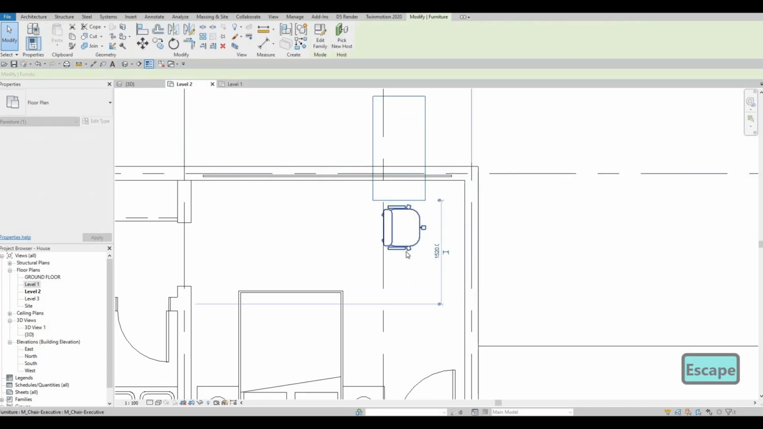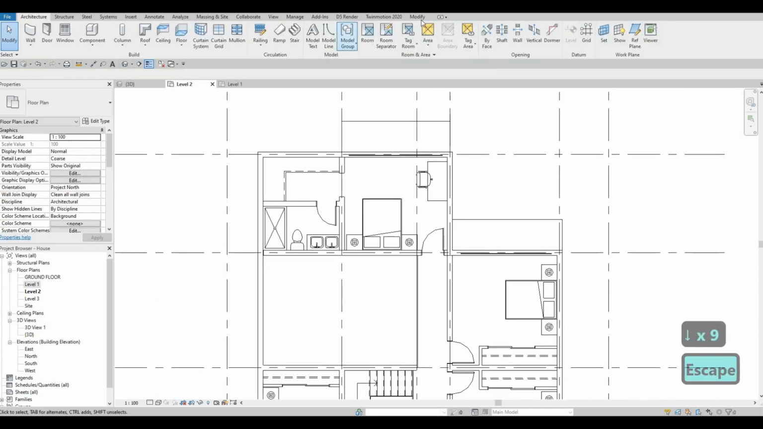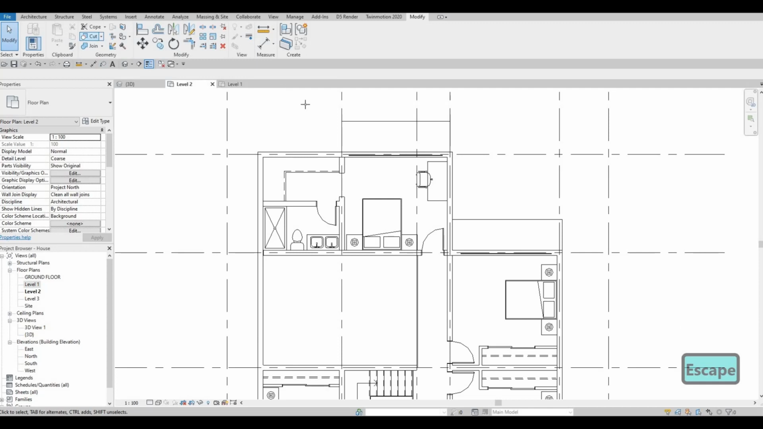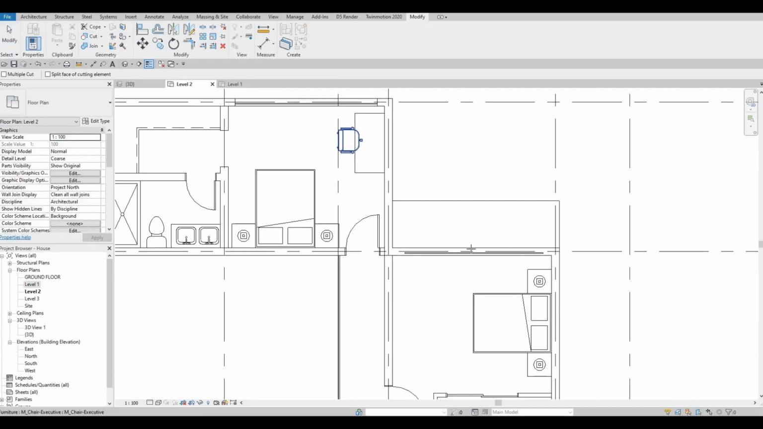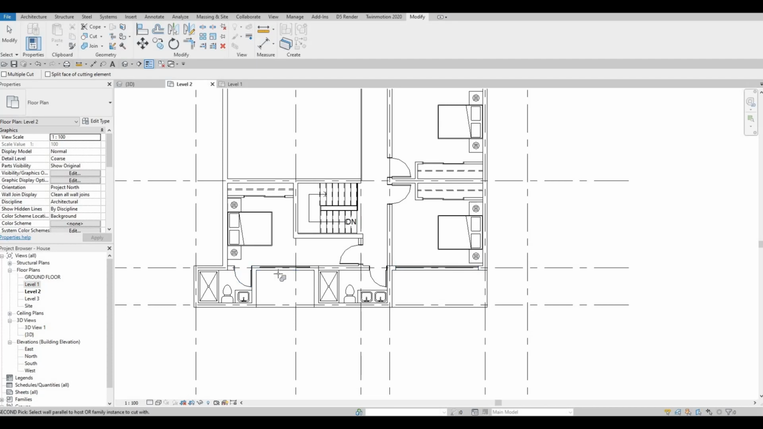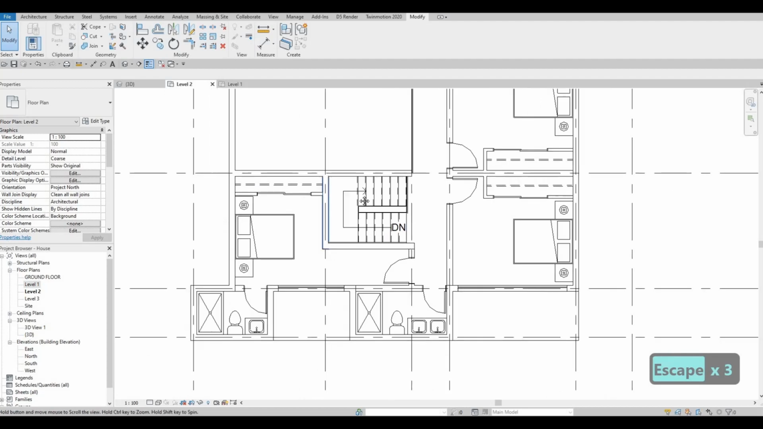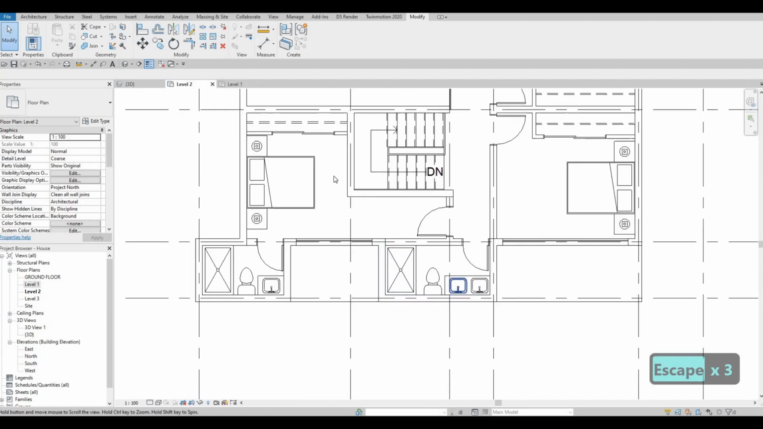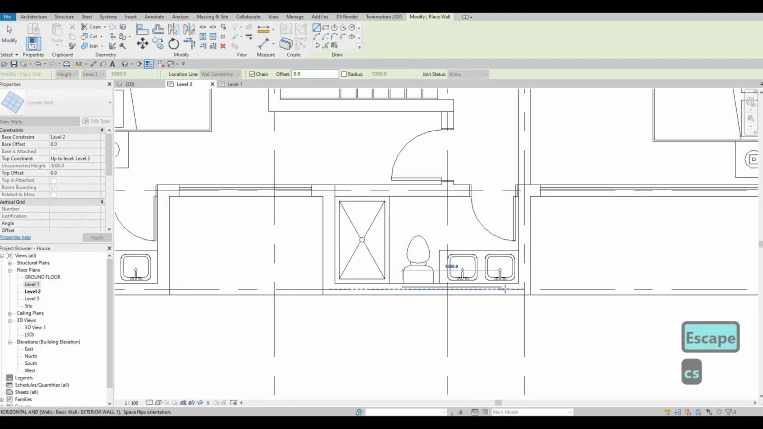I think that's good enough. And then here we could just move this one backwards a little bit because we have enough space here. So now click on modify, click on cut, select windows first and then wall. So wall and then window, wall and then curtain wall, wall again and then curtain wall. So everything is cut. We can also get some curtain walls right here as well, so why not